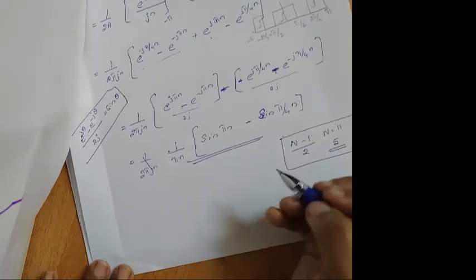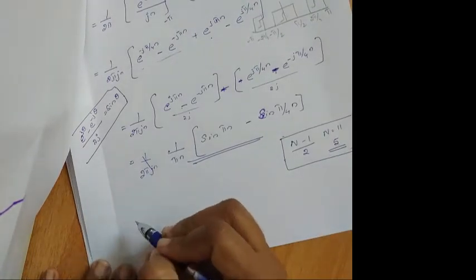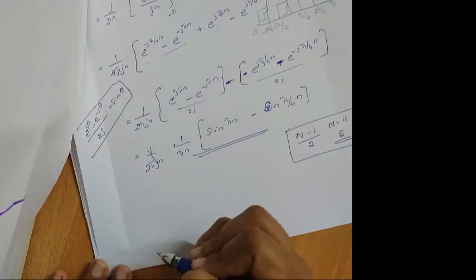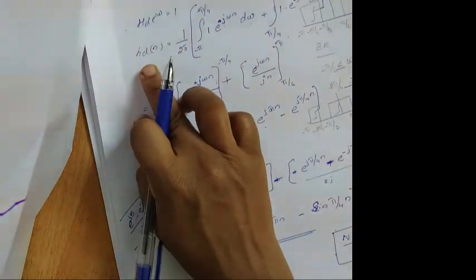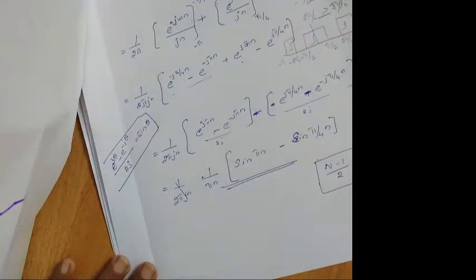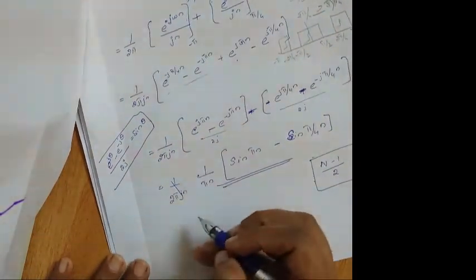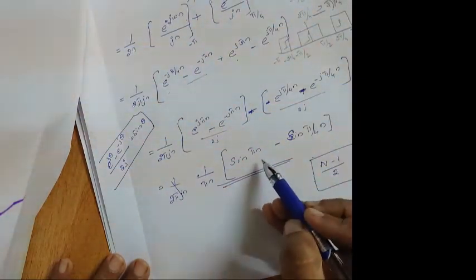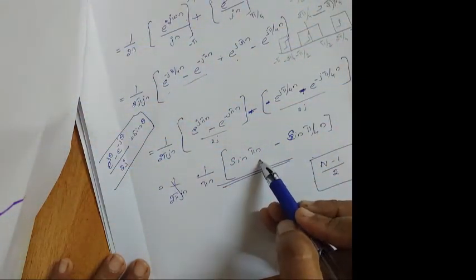Okay, 5 samples. So the samples vary from h of 0, h of 1, h of 2, h of 3, like that. As you are finding h of n, your sample should vary like that. Okay. So in the first condition, if you are applying 0 over here, sin 0 will be 0. You won't get the value for this.